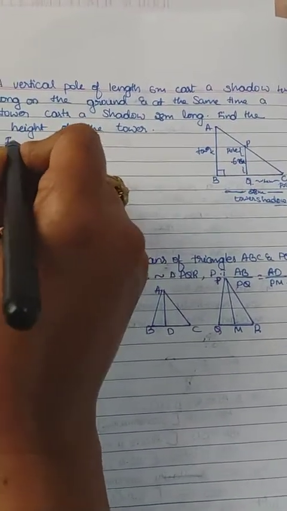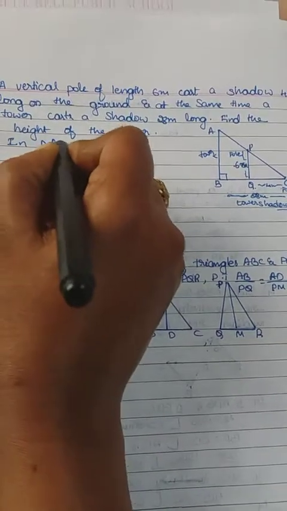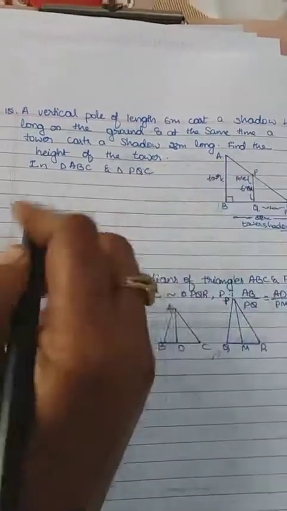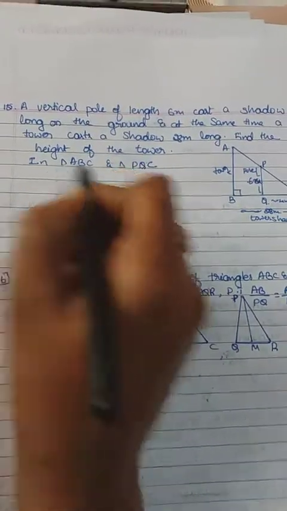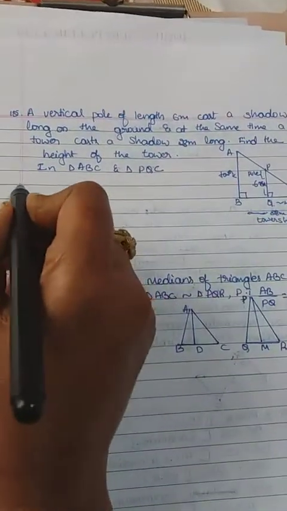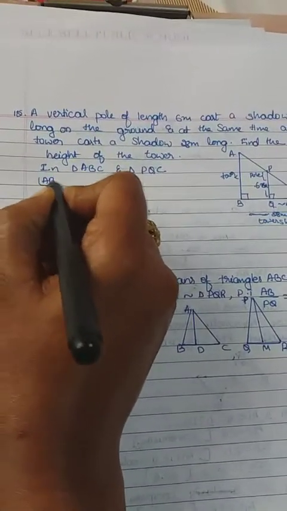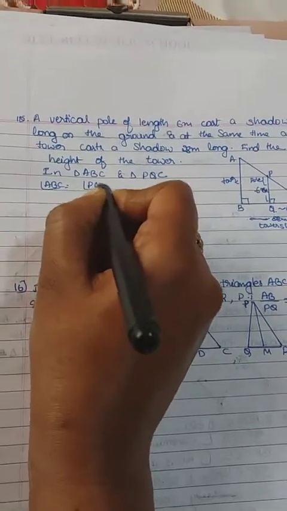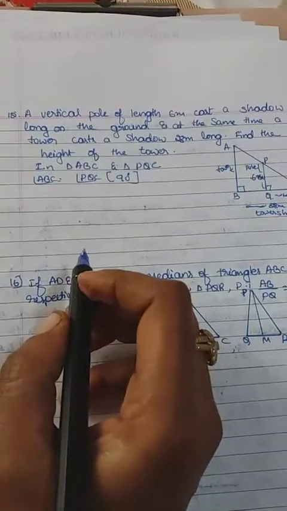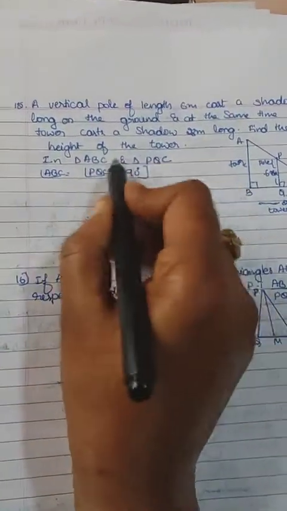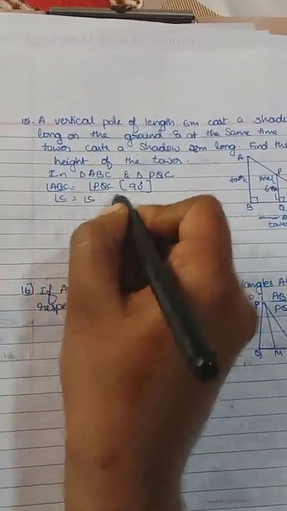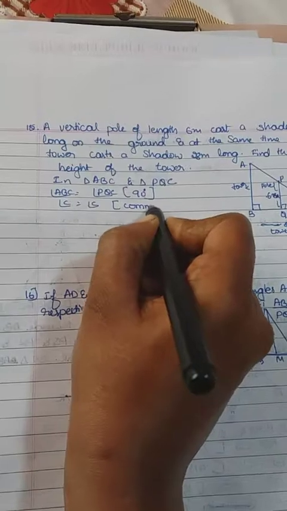So that's why, in triangle ABC and triangle PQC, they have given right angle triangles. Both are right angle triangles. Which are those? Angle ABC is a right angle, in the sense 90 degrees. Angle PQC, both are 90 degrees. And common in these two triangles, the common letter is C. So angle C equal to angle C, that is the common angle.